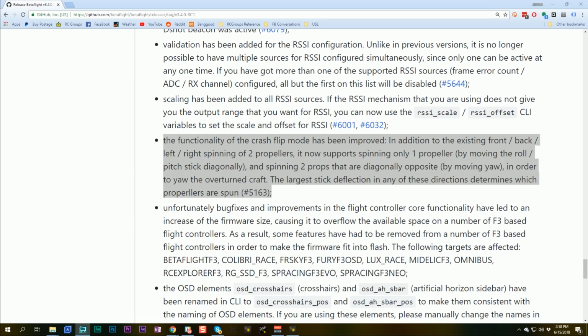Here's a change that everybody can appreciate. The functionality of crash flip mode, also known as turtle mode, has been improved. Right now, the way turtle mode works is that when you're in turtle mode, you can push the roll stick left or right, or the pitch stick front or back, and two motors will spin to flip the quad to the side or flip it over, but only two motors will spin. The yaw axis is ignored,